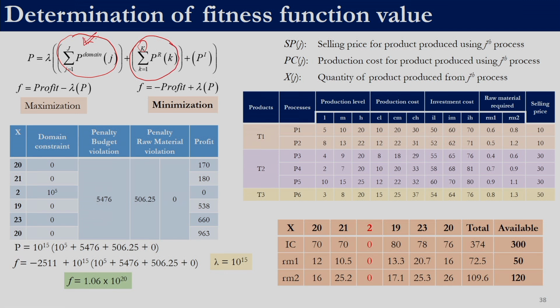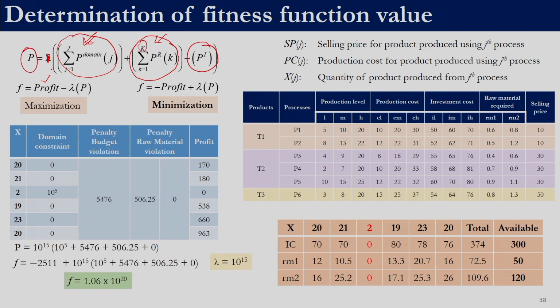So, this is one category of penalty, this is the second category of penalty, and for investment cost we will have only one penalty if the solution violates the investment cost constraint. It will be just a scalar value. There is no investment cost constraint on each process; the investment cost constraint is on the entire production plant. So the total penalty is the addition of all these penalties.